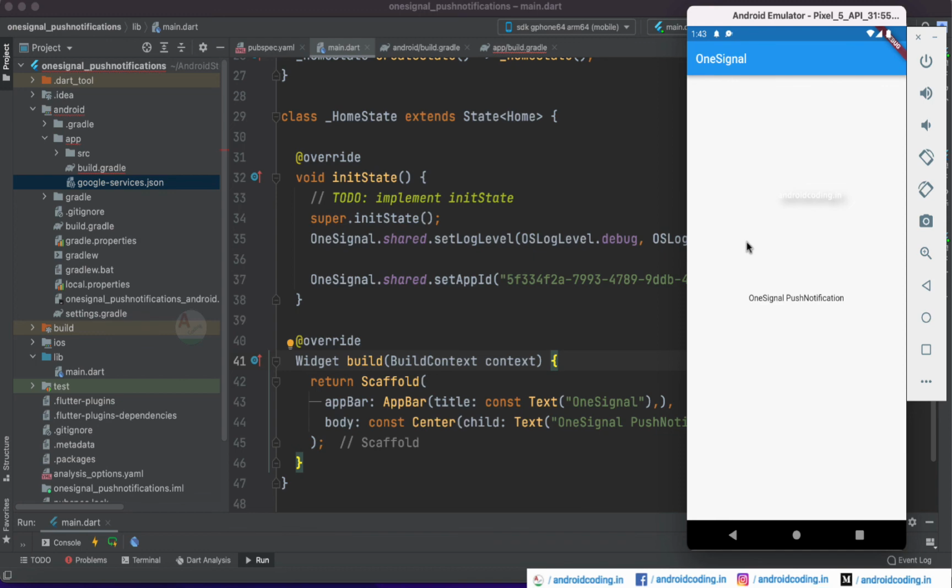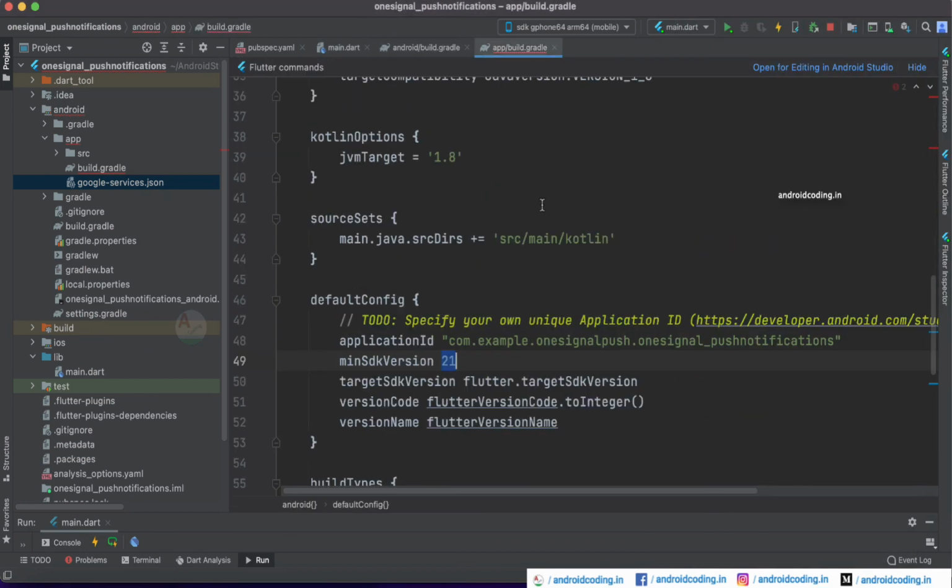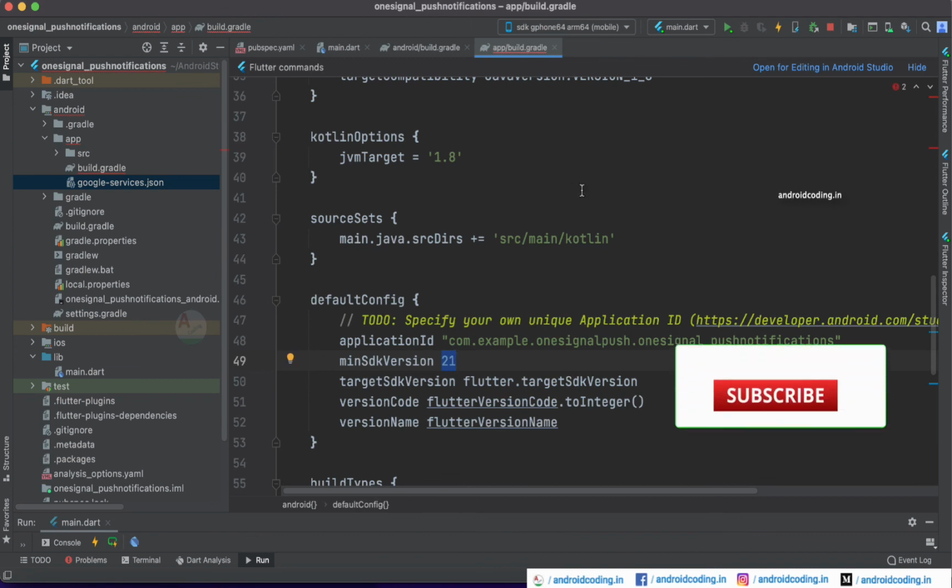And the iOS implementation we will be looking at in the coming tutorial, and also in the coming tutorials we will be seeing some more functionalities with OneSignal, like handling the on receive and how to process further. So yes, this is it for this tutorial, and make sure you add the Android native side configurations properly before trying this tutorial, because you will surely get an error if you skip these things.